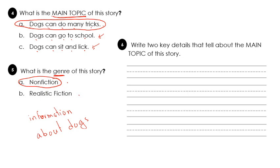6. Write 2 key details that tell about the main topic of this story. By finding the key details, you can refer to the pictures, or you can choose anything you remember from the story, any detail you remember from the story. Okay, for example, what do you remember? I remember that I learned or I read about dogs